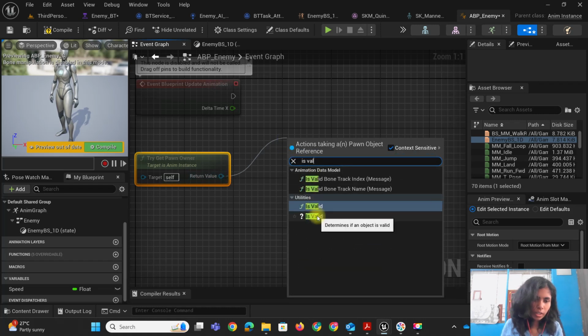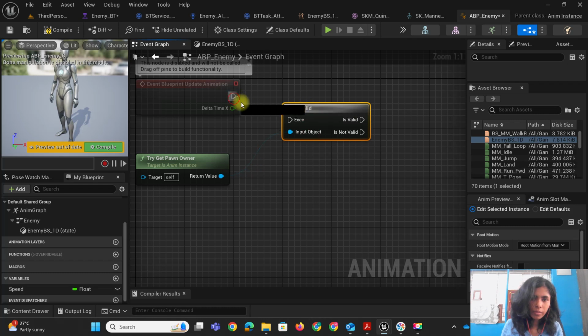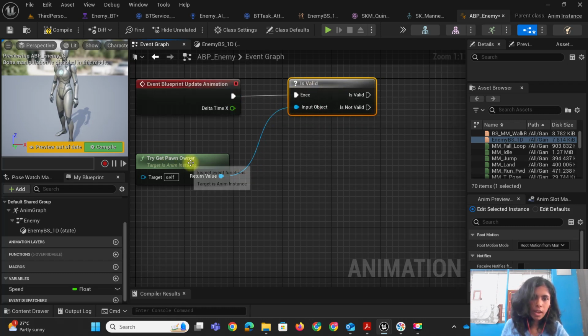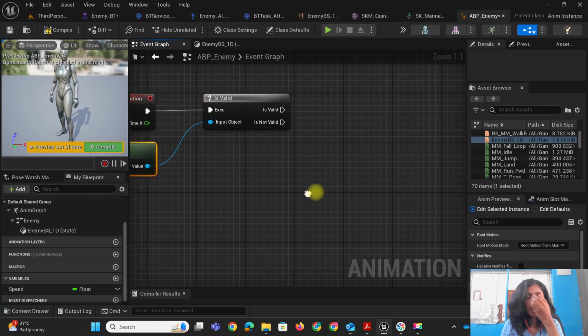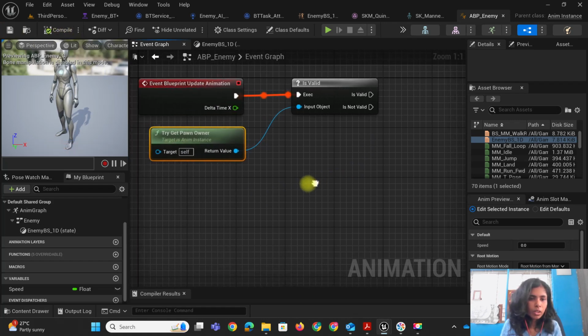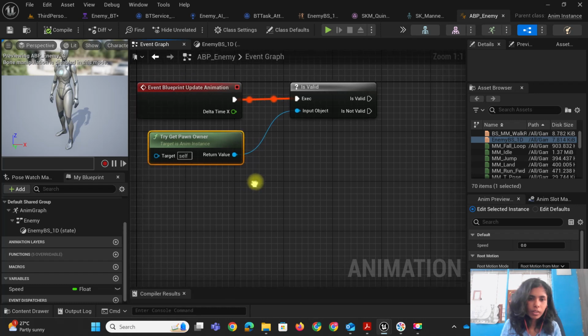So kindly add your is valid. If it is valid, then only our next speed, or whatever variable you are adding for the animation blueprint, has to be executed. From my get pawn owner, I have to add